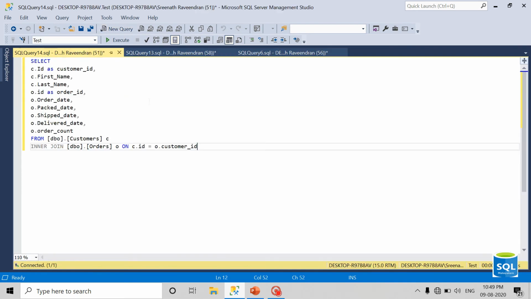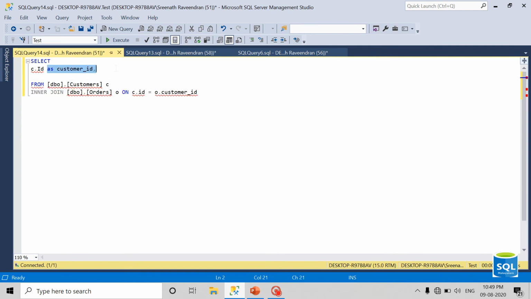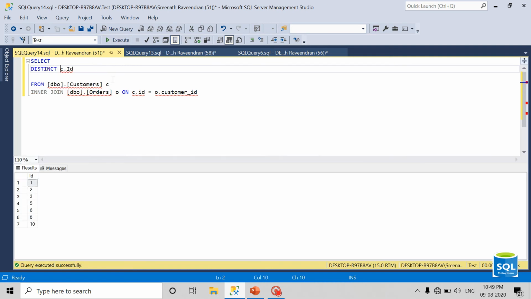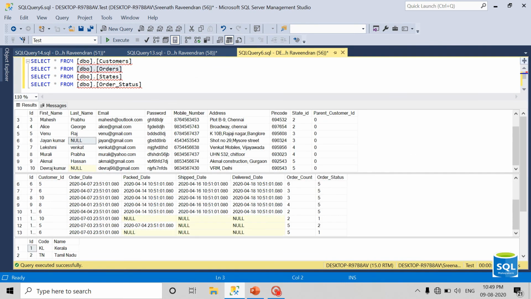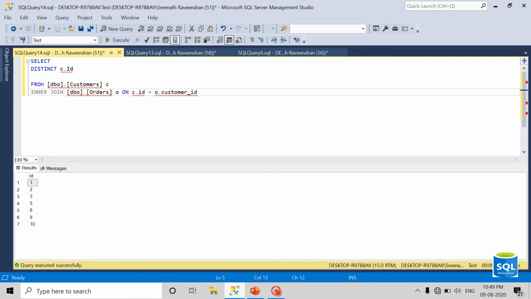I put the query into a new query window, and if I select the distinct customers, I can see the distinct customers who have placed an order. In the customer table, I have 10 customers, but when I use the inner join with the order table, I got only 7 customers, because it will not return the missing customers because of this inner join.